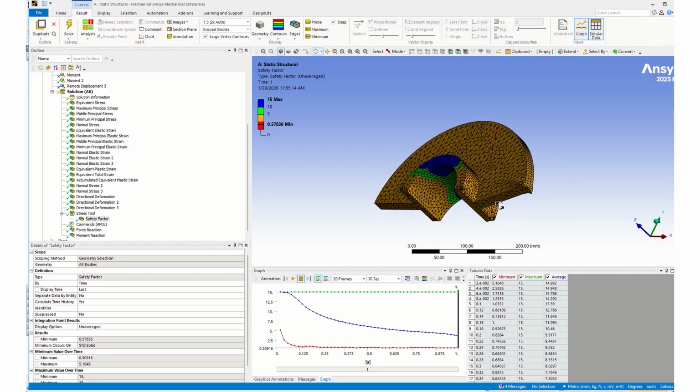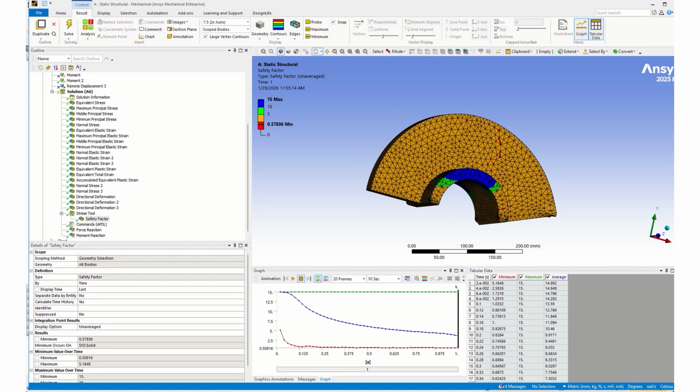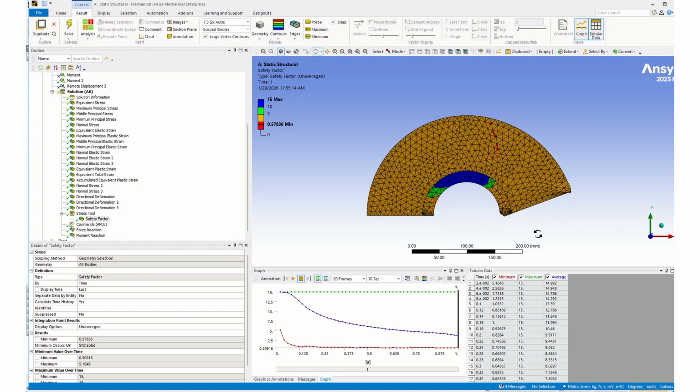And only at a few hot spots, these red hot spots, would our safety factor be less than 1. So again, this is very misleading in that it shows that we still have a large safety factor and we haven't failed, but